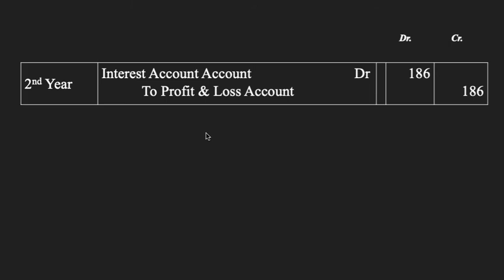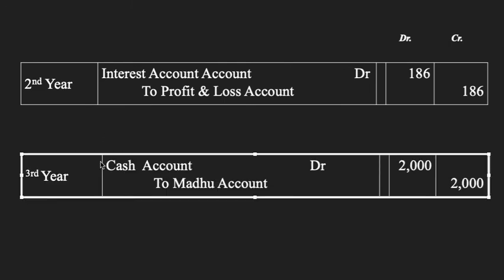Now we are going to the third year, that's the last year, when we are paying the last installment of how much? 2000 rupees. What should be the transaction? The transaction should be cash account debit to Madhu account. So what we are going to write in the narration, being the third installment received from Madhu or from the purchaser, right? The journal entry will be like this: cash account debit to Madhu account 2000 rupees. What should be the narration? As I said, being third installment received from the purchaser.